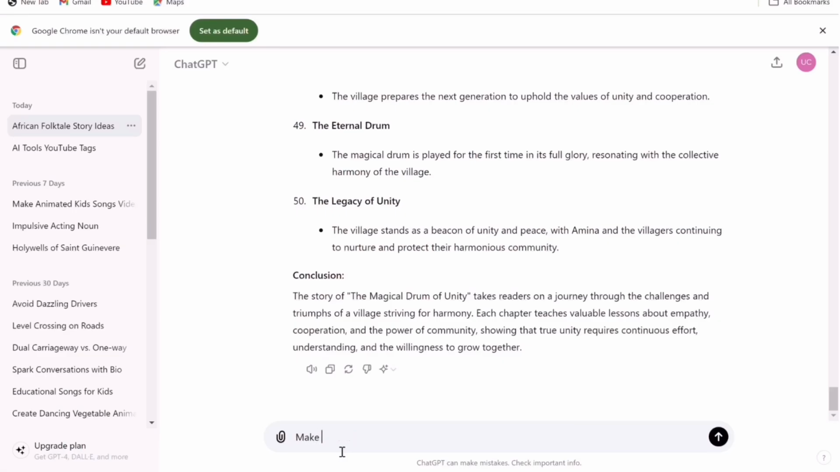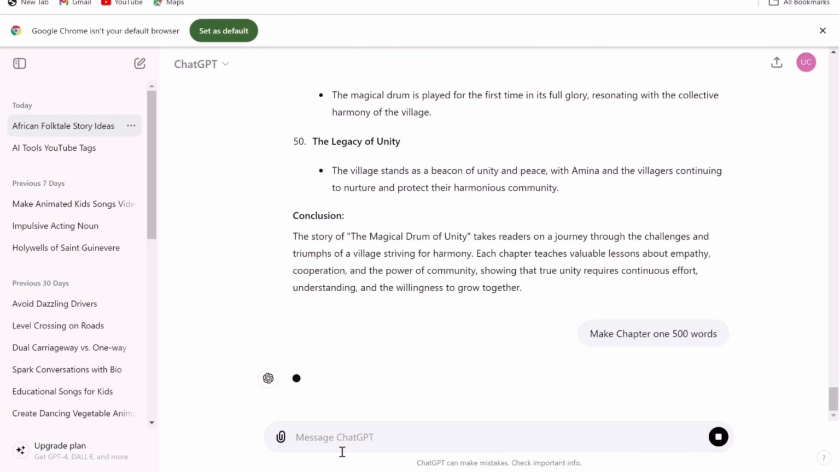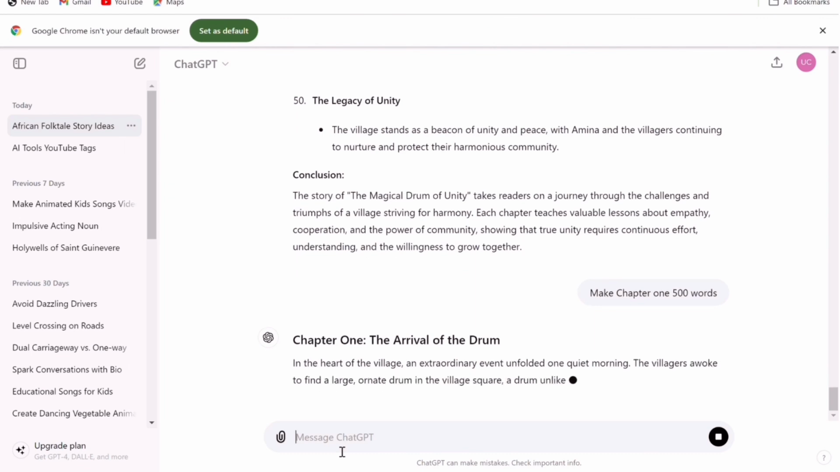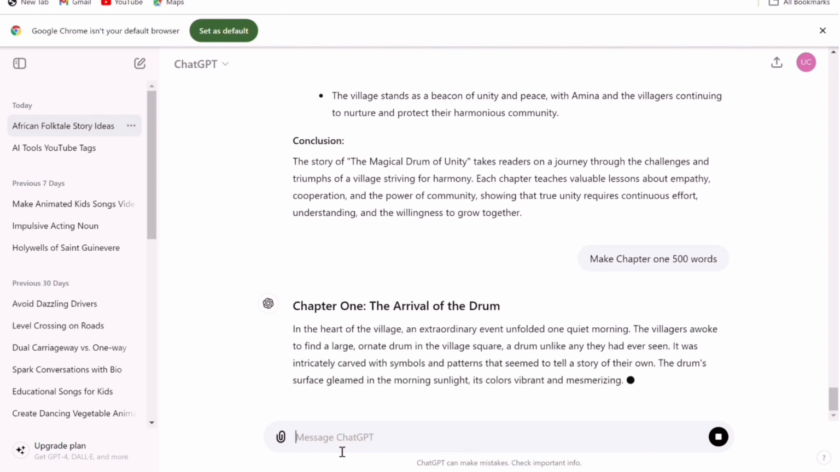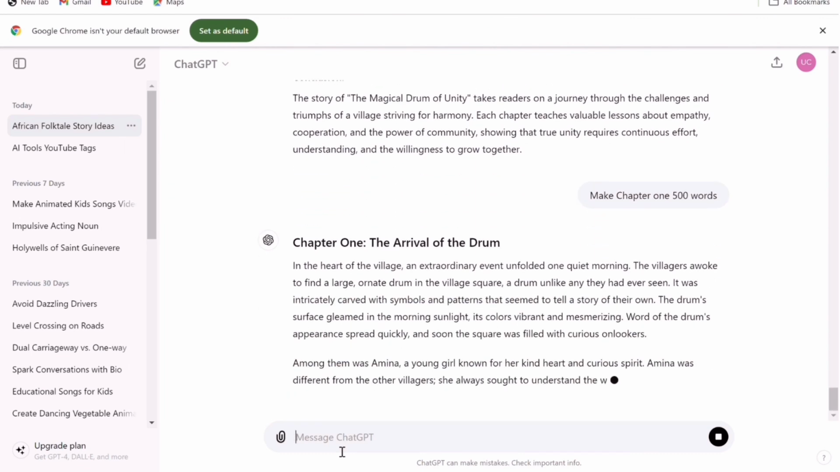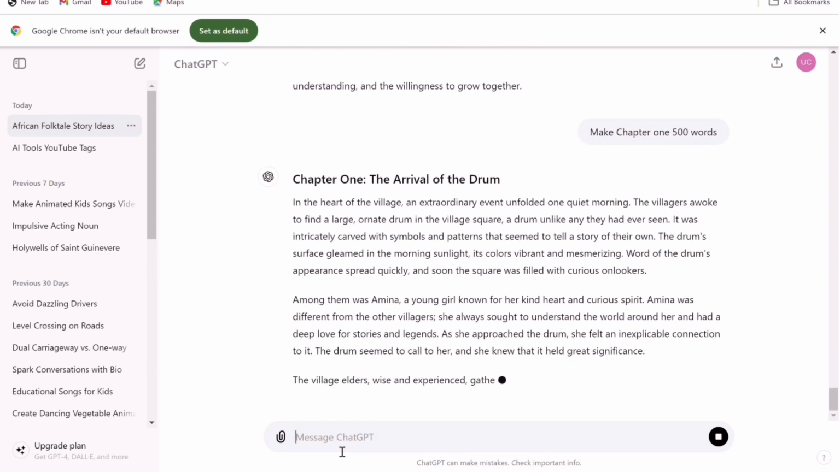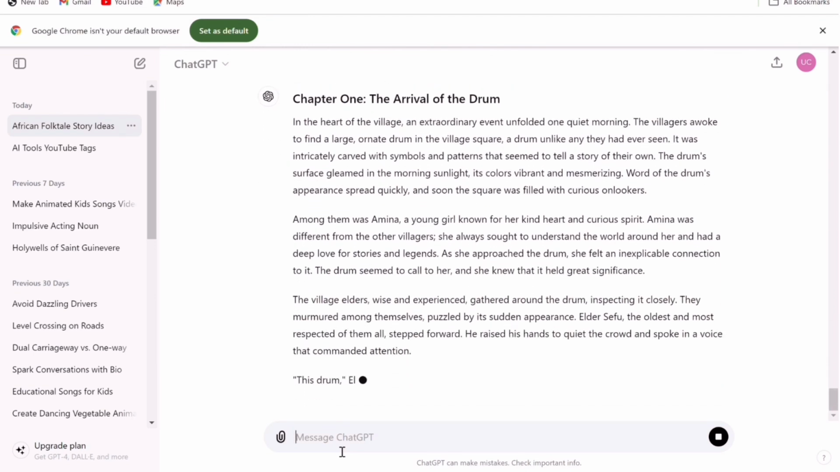Go back to ChatGPT and ask ChatGPT to make chapter 1 500 words. After ChatGPT creates chapter 1 500 words, ask ChatGPT again to create chapter 2 500 words. Continue to do like this so that you can be able to create a story that is up to 30